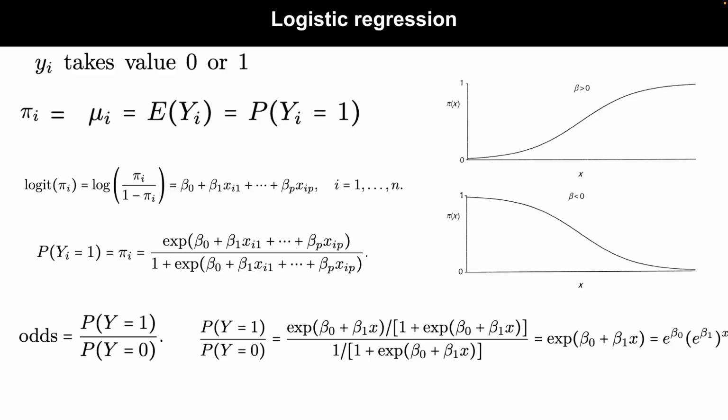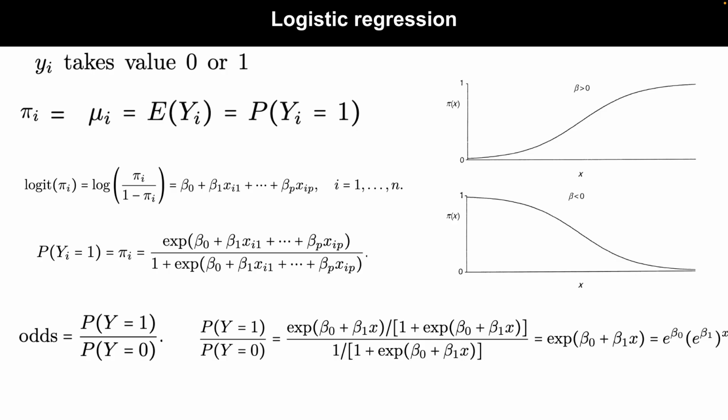To model this, we model the logit, right? This is your mean function, and the log of this mean function is a linear model. This is the central idea behind generalized linear models, that a function of your mean, some g of mu, is beta naught plus beta 1 xi and so on. In this case, the link function happens to be your log or logit function. If you expand this, this is where your logistic regression formula comes out to be